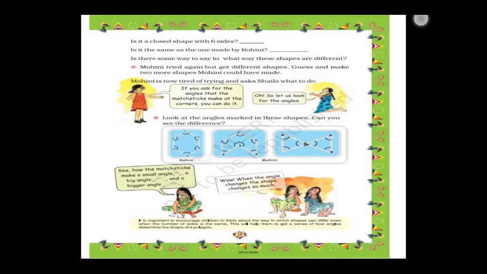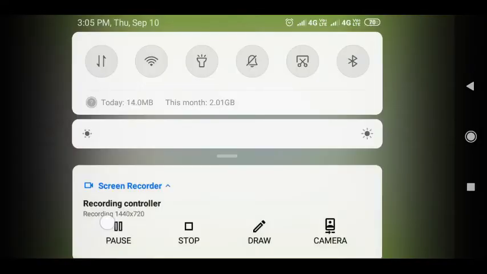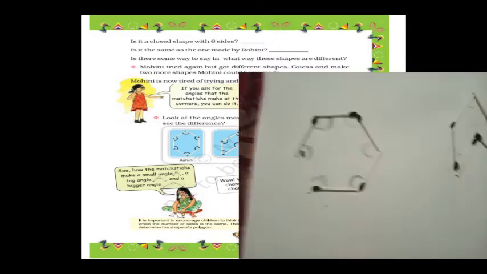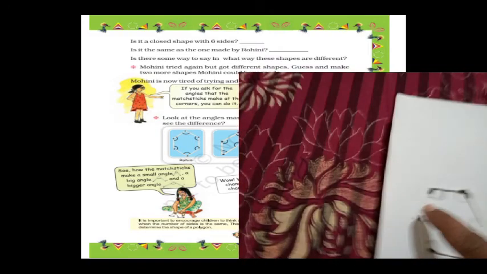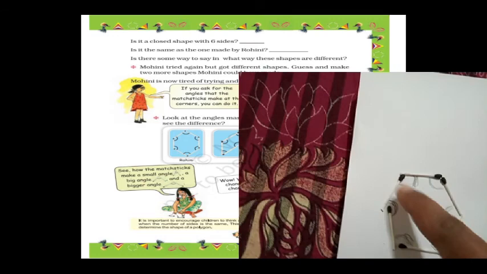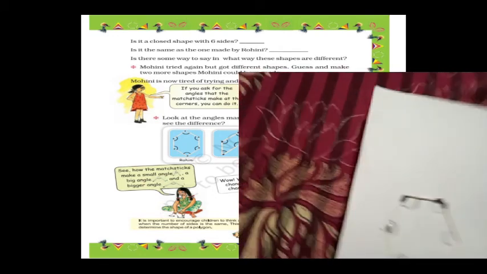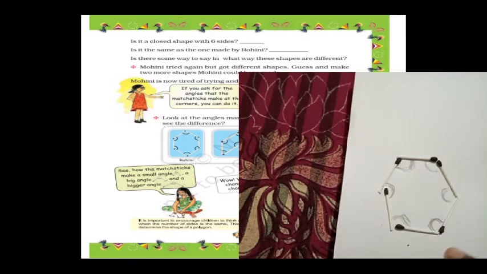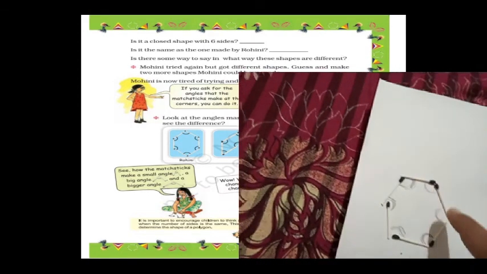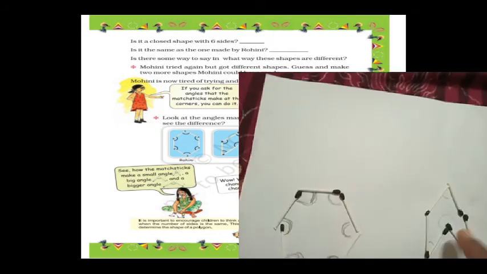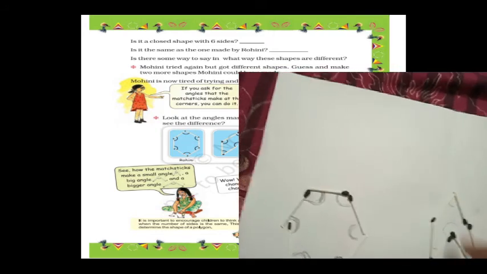See here, first two lines, let us see, children. Here at the corner, two lines meet at a point. So here it will be an angle. Here also two lines meet at a point, you form an angle. See how many angles are there? 1, 2, 3, 4, 5, 6. 6 angles. Here also like that. Two lines meet at one point, so it will be an angle.